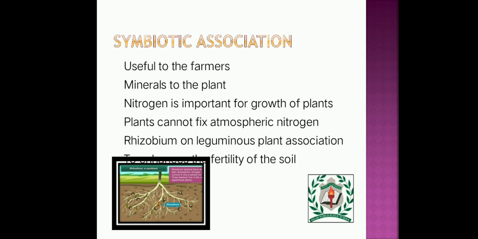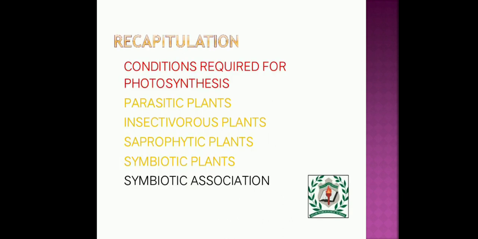again if you are using the soil, what will happen? The nutrients of the soil will be lost. If we are using such a thing, what will happen? We can enhance the nutrients in the soil. That's why farmers grow a leguminous crop in between two main crops to maintain the fertility of the soil. Suppose only one crop is grown, that cannot happen. Now this is called crop rotation. This you might have discussed in your social studies or something. This is a symbiotic association between Nitrobacter, Rhizobium and the leguminous plants.